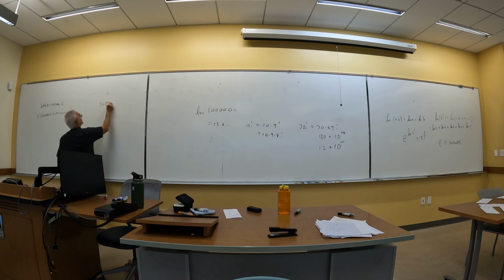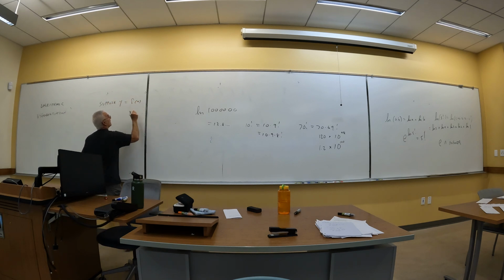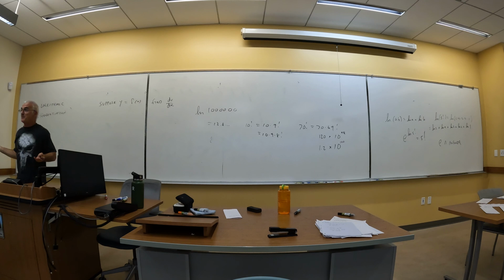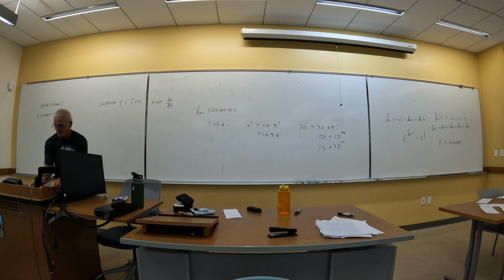Okay, let's suppose y equals f of x, and I want to find dy/dx. Well, we know what the answer is. It's going to be f prime of x. But I want to do it using logarithms. I'm going to show you a really roundabout way. This is not efficient. It's just another way of looking at it. So the first thing we're going to do is we're